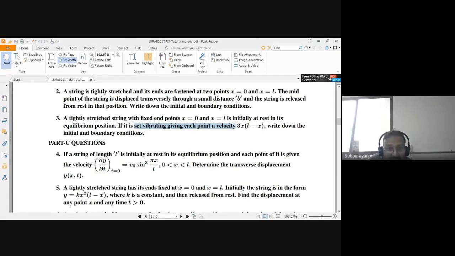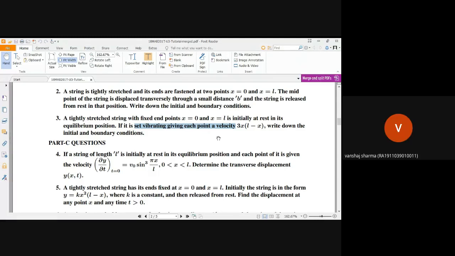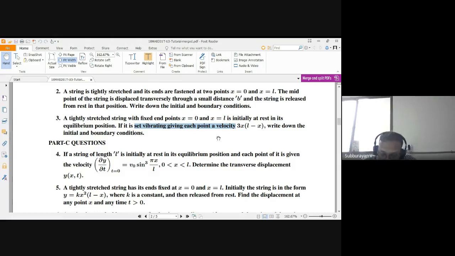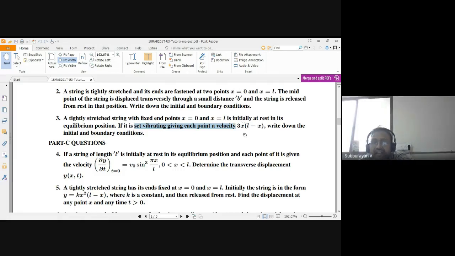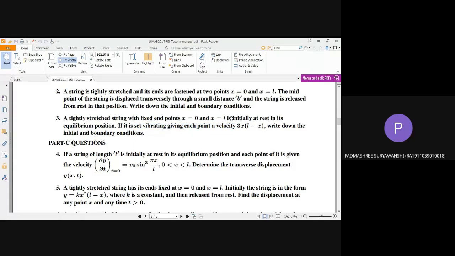See, this statement says that initially the string has some vibration velocity. The vibration induces the velocity, so automatically the velocity will be non-zero. Yes, sir, the condition yt of x comma 0 is given as 0, initially at rest, sir. So initially at rest means the third condition would be 0. Okay, sir. See, initially at rest in its equilibrium position, it will be yt of x comma 0 equal to